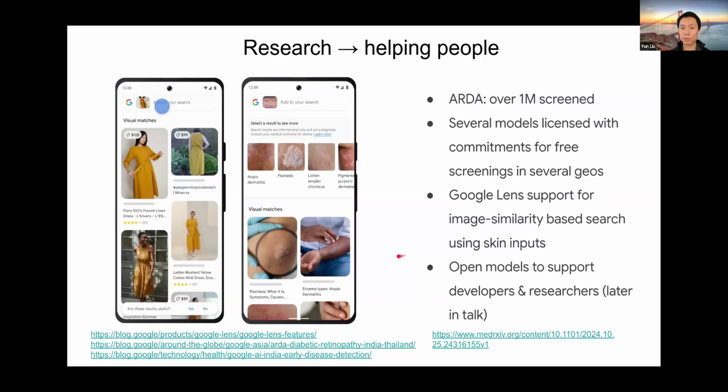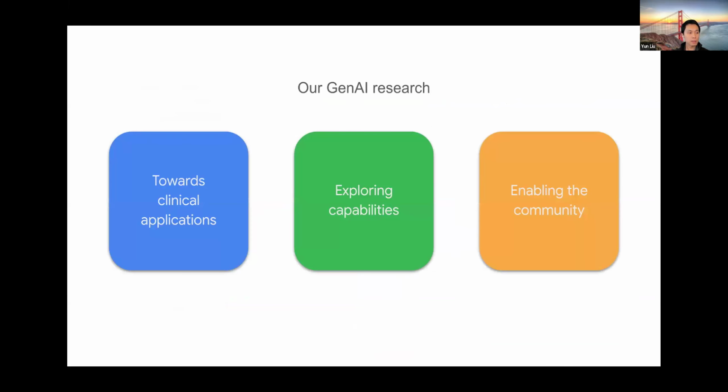Another thing that we started doing in this space was to start to release the models themselves to help developers and other researchers work towards it. And we'll talk a bit more about it later on in the talk. And I would say that Andrew also covered quite a bit of that in his talk a few weeks ago as well. All right, so that's concluding the part of the talk where I focus a lot more on our imaging-related applications. And then the rest of the talk will be about generative AI.